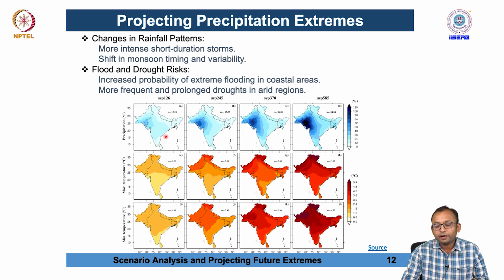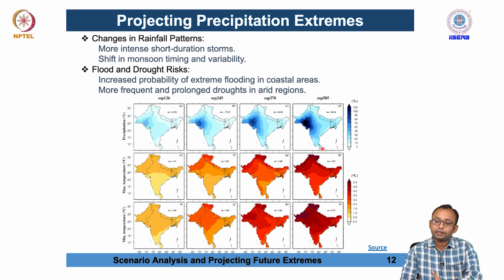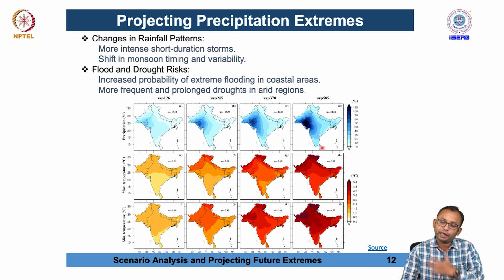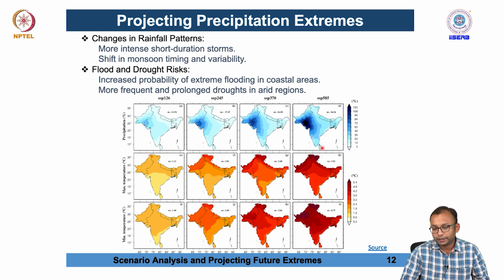Then there is another case study we have discussed. This is, let us say, the Indian subcontinent. We can talk about the precipitation changes across different scenarios. For example, you can see that precipitation changes are very significant in RCP 8.5, which means there is a higher likelihood of high intensity, high magnitude rainfall, and that will produce more catastrophic floods in the future conditions, because rainfall plays a direct role in flood generation processes.